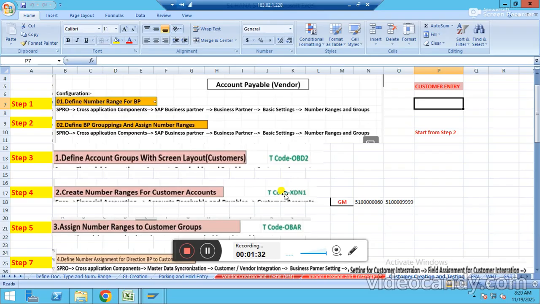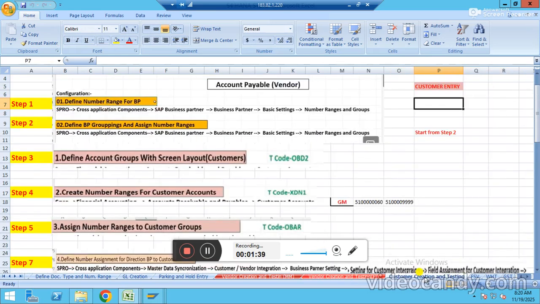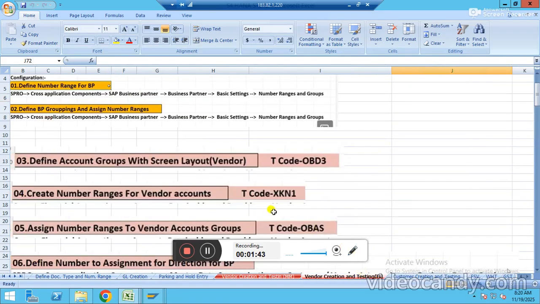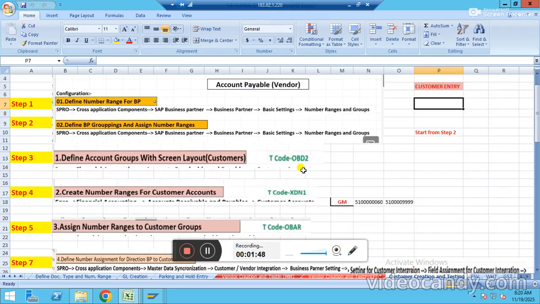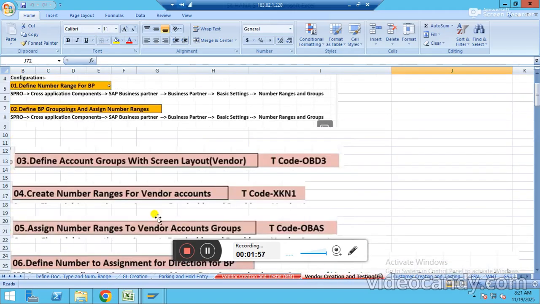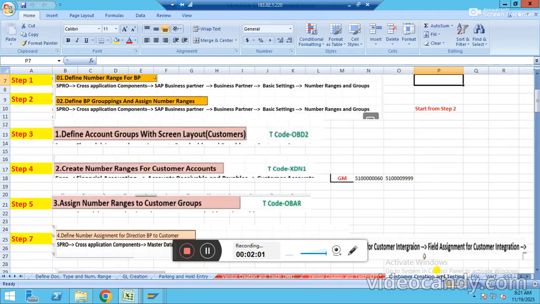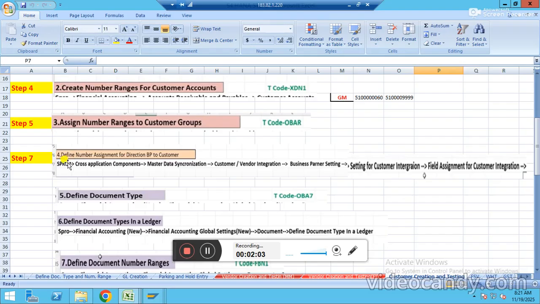Slightly changed. Number ranges you will do in XKN1, XDN1. D means debtor, K means vendor. D means debtor, customer. Assign number ranges to customer account, that is OBAR, and assign number ranges OBAS. Slightly changed actually. Same thing, we will map